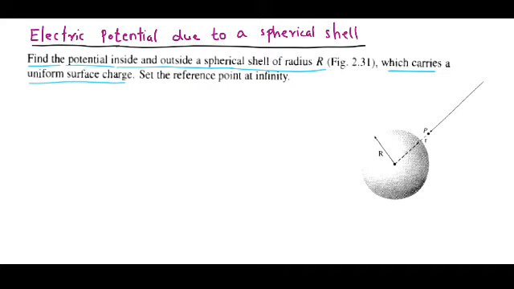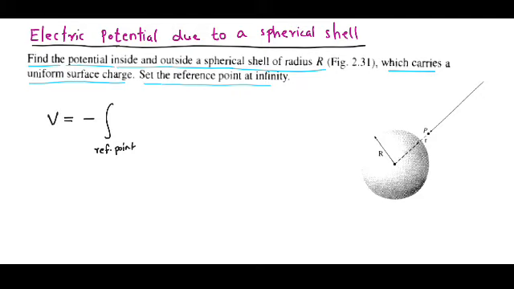Set the reference point at infinity. Here we have to find the electric potential due to the spherical shell outside, inside, and also on the surface. The general expression to find the electric potential is V equals minus, with one reference point we have to take,